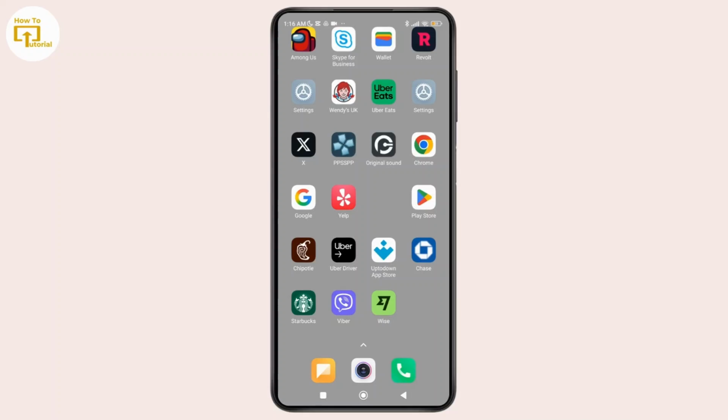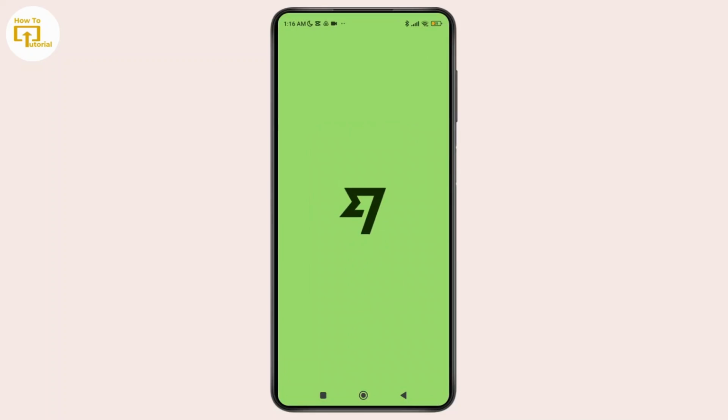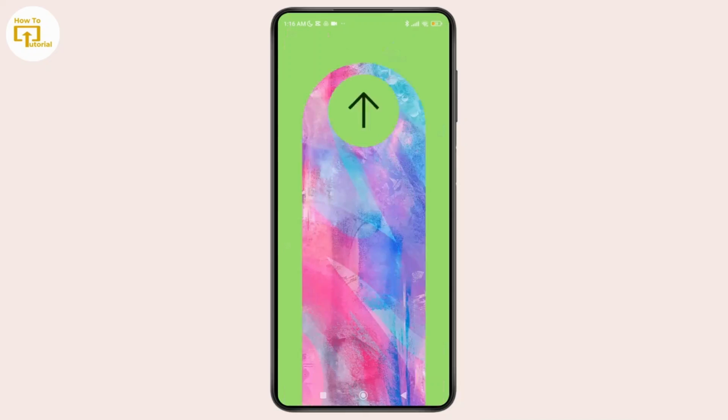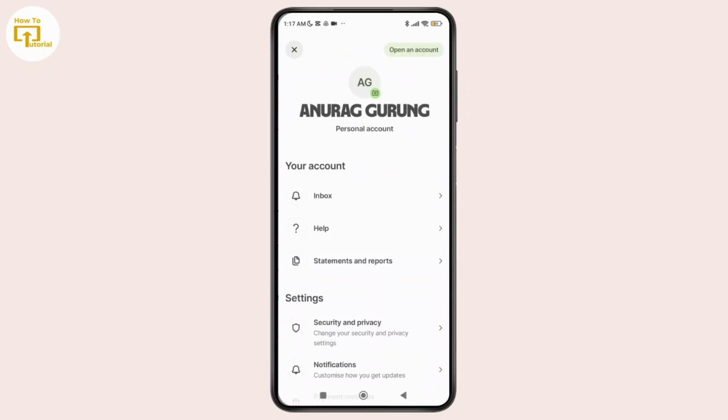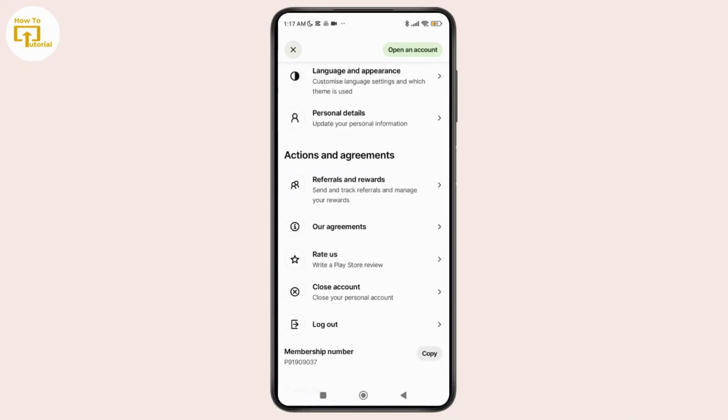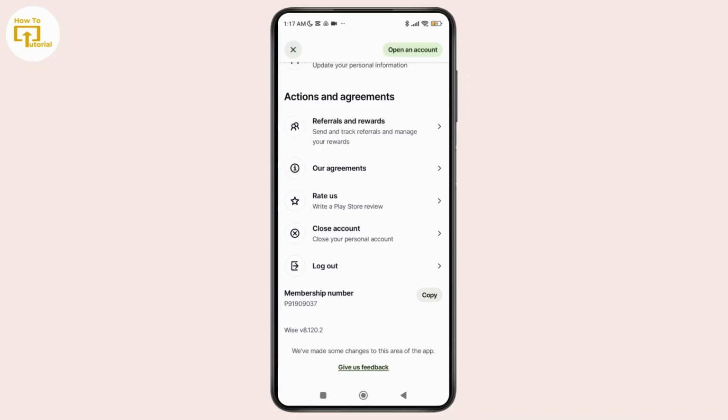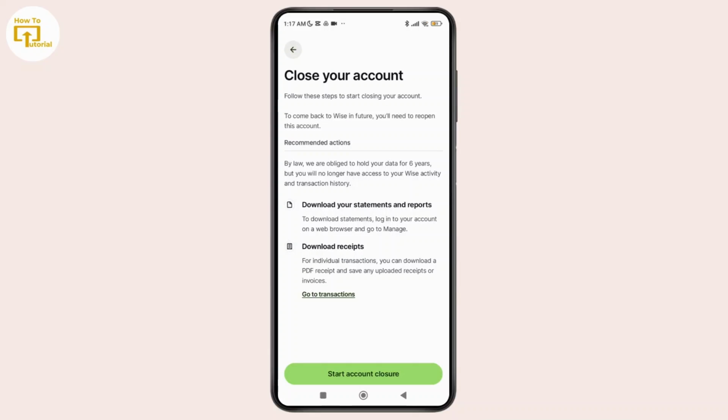So before closing, just withdraw all your funds, cancel pending transfers, and ensure your account balance is zero. And now, once inside the app, make sure that you're logged into your account, and here inside the app just tap on the profile icon at the top left, and here you need to simply scroll down and tap on the option labeled as close account, and after that you just have to follow the prompts and